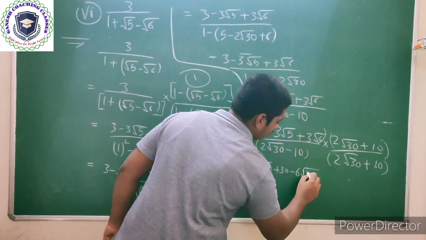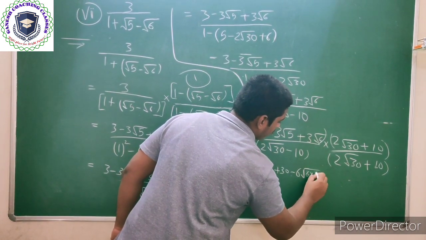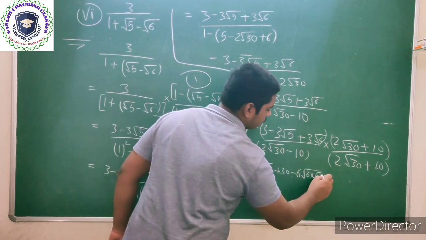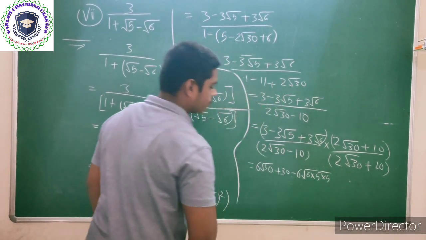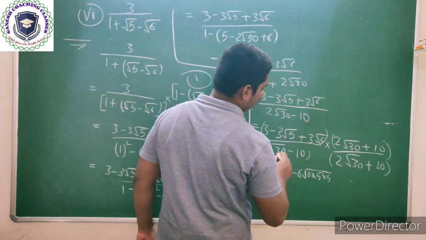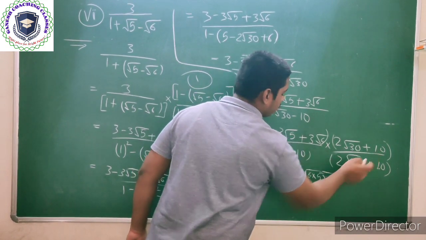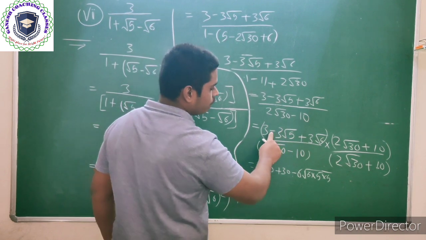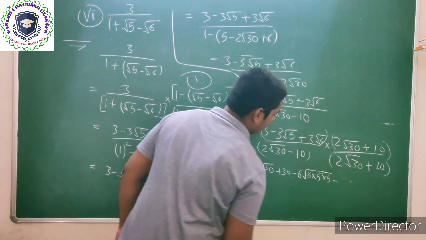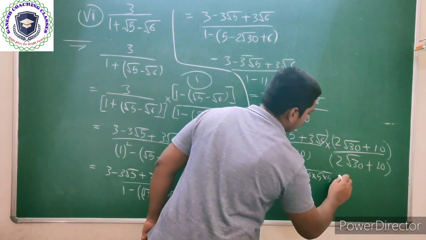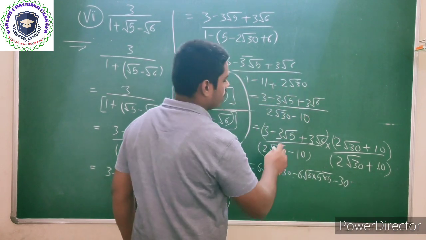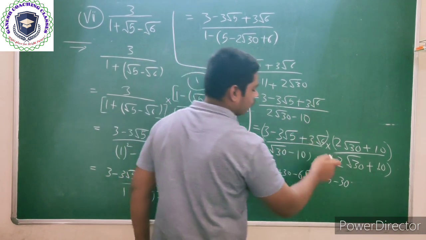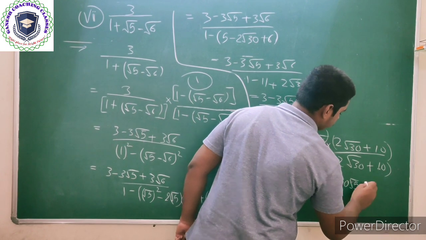Okay, so I am writing 30 as 6 5s are, and this 5 is multiplying, so we are writing in the same bracket, same root here. So this 3 root 5 will multiply to 10 and that number carries only coefficient here, so here minus 3 10s are 30. Okay, and 30 and root 5 will remain as it is.